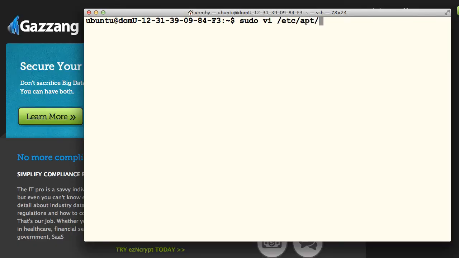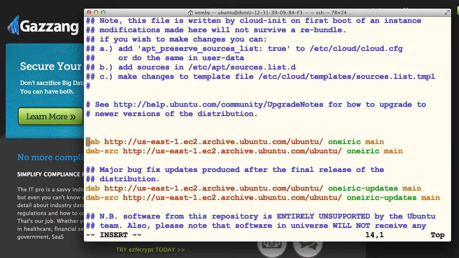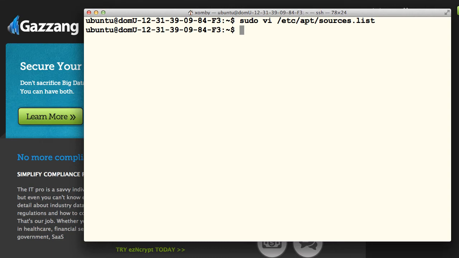We can go ahead and update sources.list with the current Gazzang package archive information. The sources.list file is found in the /etc/apt directory. You will see there are several different options depending on your specific distribution. So check the user guide and make sure you've selected the correct entry for your version of Ubuntu. Save the file when you've finished, and next we'll install the DKMS package and the Linux kernel libraries, which work